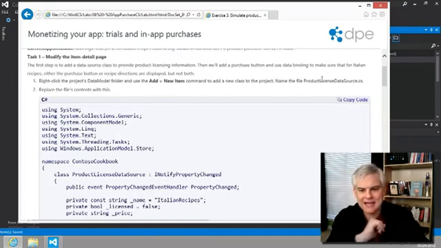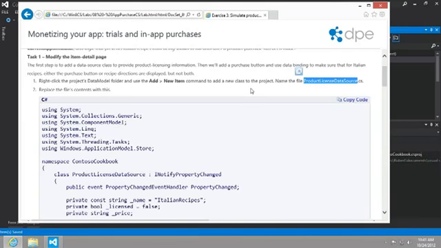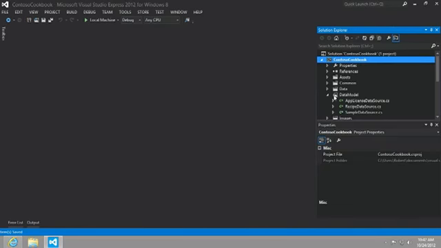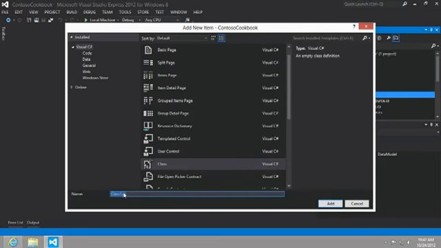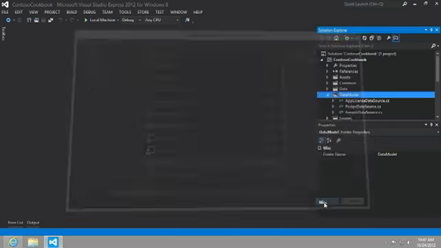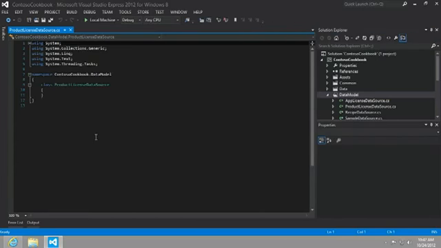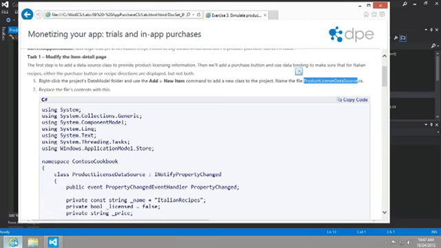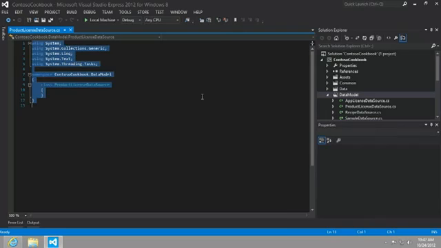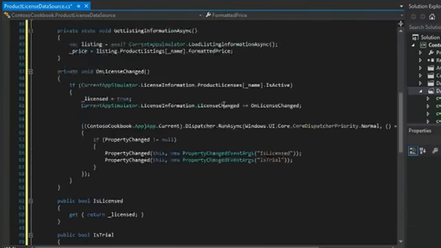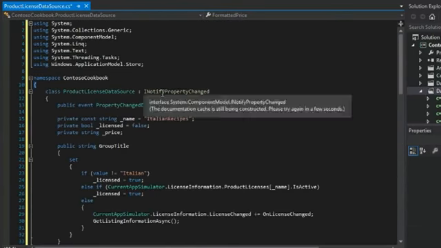First of all, we're going to need to add this new product license data source. So I'm going to go to our data model, right click and select add new class. And we'll call this class product license data source.cs. Great. Go ahead and press Ctrl+A to select it all, and then we're going to replace its contents with the contents we have here on our clipboard. Just take a quick peruse around. There's our